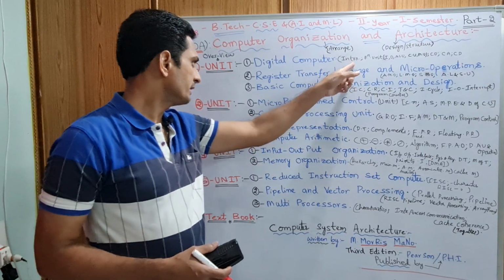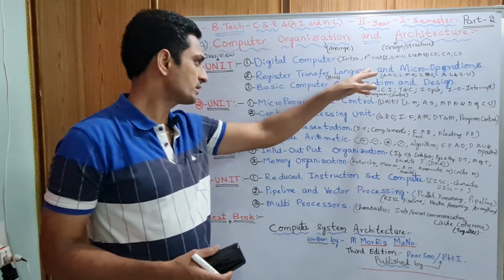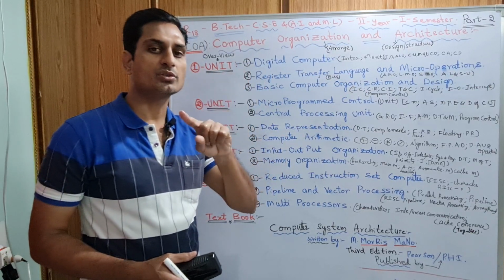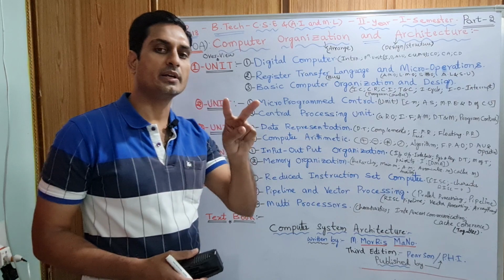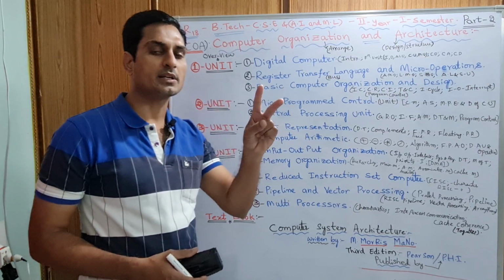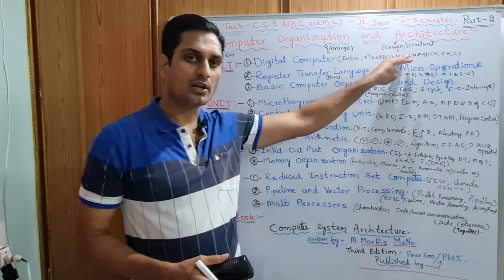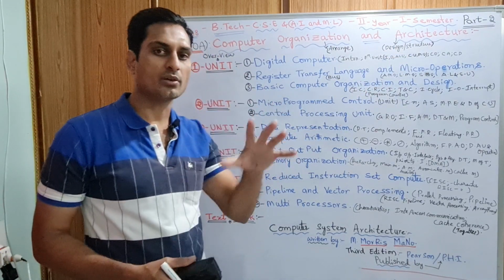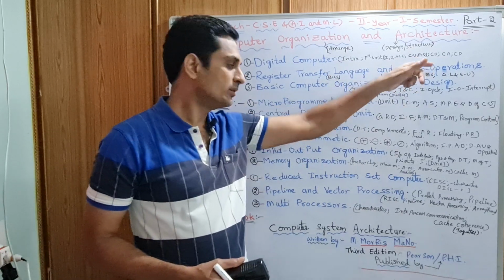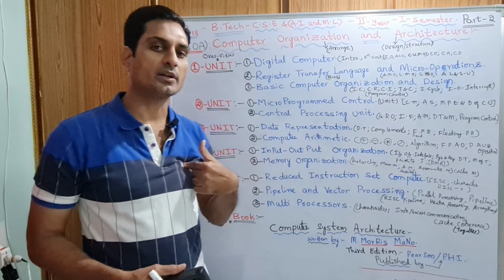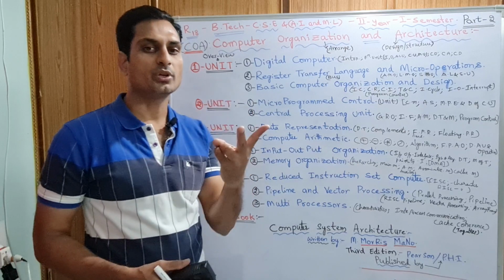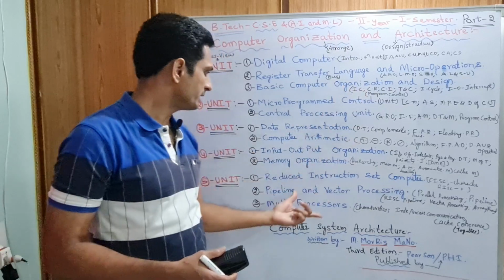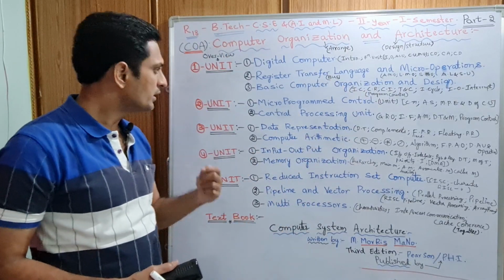Here we are going to discuss the introduction of the digital computer and functional units. We have 5 functional units: the input unit, keyboard and mouse, etc., and the output unit, monitor, printer, speakers, etc. And we have the arithmetic logic unit inside the processor, the brain of the computer, and the control unit. It will control all other units. And the fifth unit is the memory unit, that is the heart of the computer. Input unit, output unit, arithmetic logic unit, control unit and memory unit. That will be discussed in detail in the coming units, right?